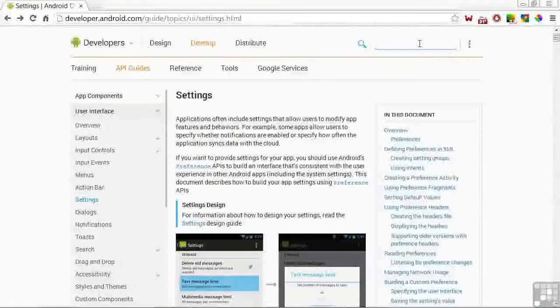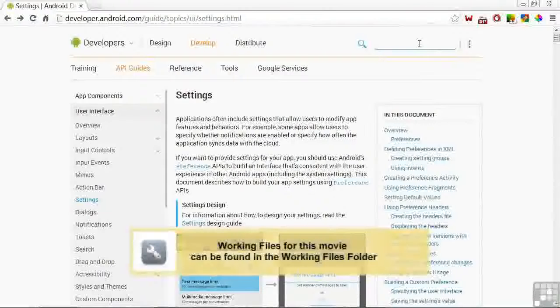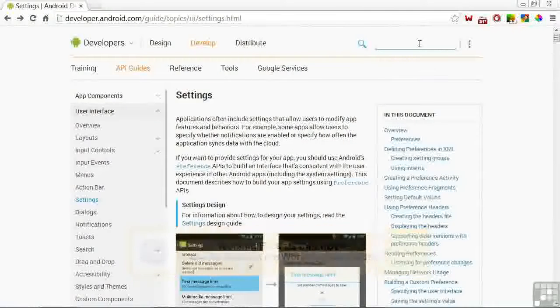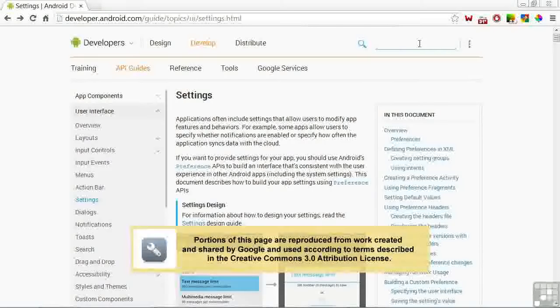In this lesson on preferences, we'll build on the information in the previous lesson on app settings. Let me show you the documentation on different types of preferences on the developer's website. First, search on